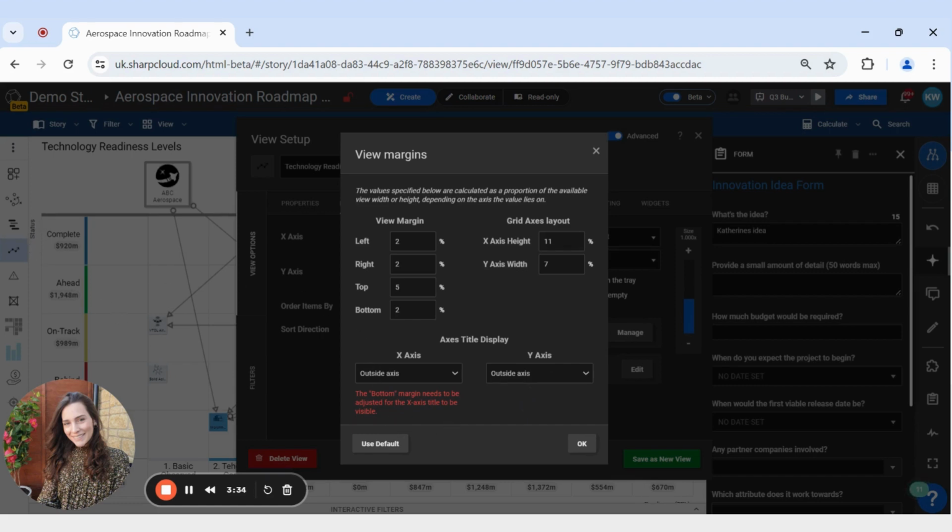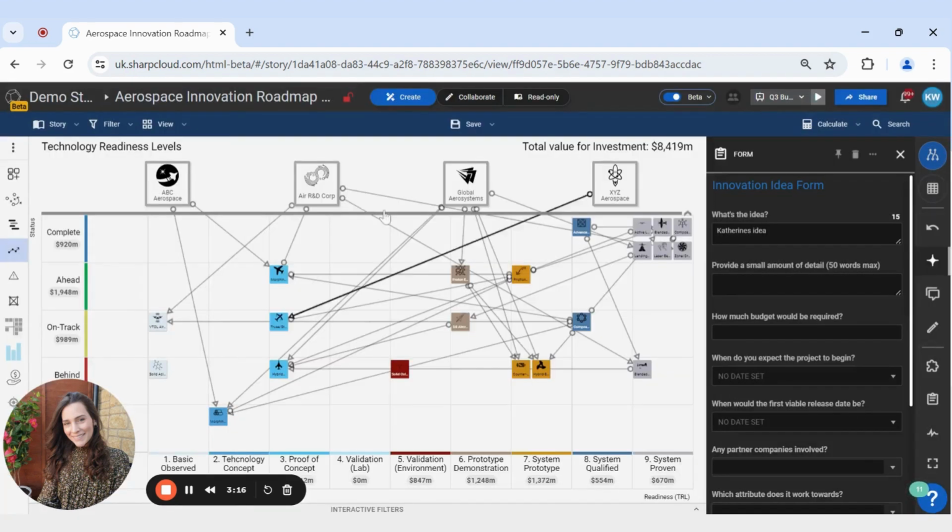Now you're getting one error message here, which is just saying that for the x-axis, which is going to be down here, we need to make the margin bigger than 2. So I'm going to go ahead and amend that to 4, and that corrects that. And now if I click OK and click the cross, you can now see that the status and the TRL